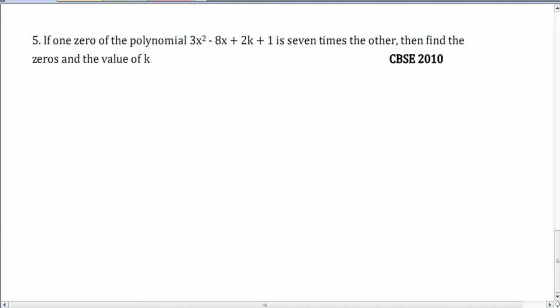So here this entire thing is constant. This 2k plus 1 is your c. Okay. So what is a? A is 3. B is minus 8 and C is 2k plus 1. Okay. These are the coefficients and the constant from the given polynomial. And then they have given one zero is 7 times the other. So it means,